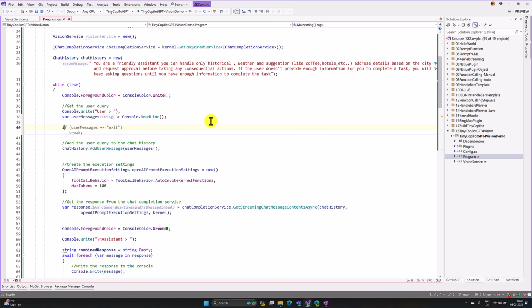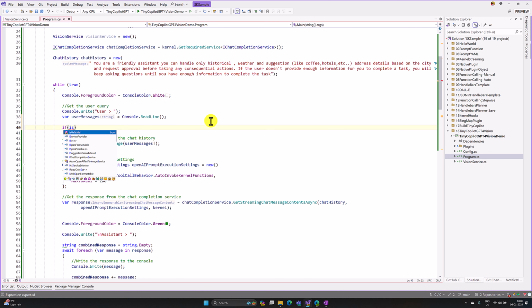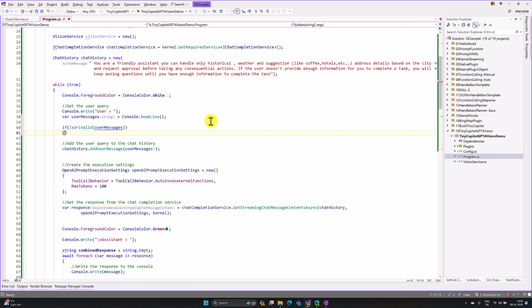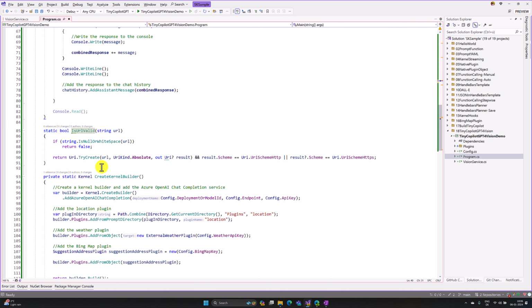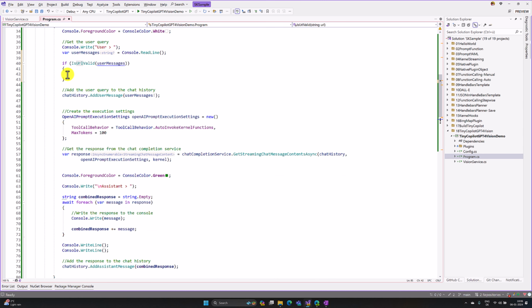To check that, I'm going to add the if condition: is URL valid. Here I pass the user message. Is URL valid? Here I wrote one function to find whether this is a URL or not. If it is a URL, this function returns true, or else false. So if it is true,